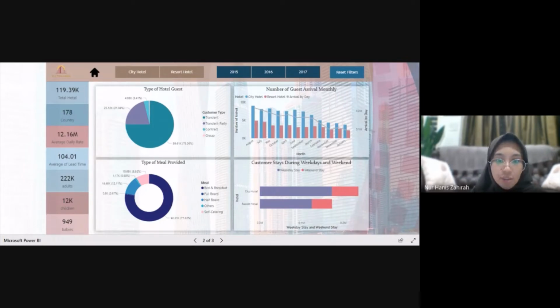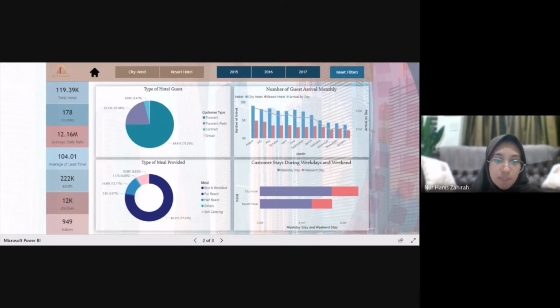The pie chart shows the number and percentage represented by each type of guest, by which transient guests are the most common guests staying at the hotel, with a percentage of 75.06%, which carries 89.61k guests in total. Transient party comes second after transient guests, holding 21.04% of the whole pie chart, which also represents 25.12k guests, followed by